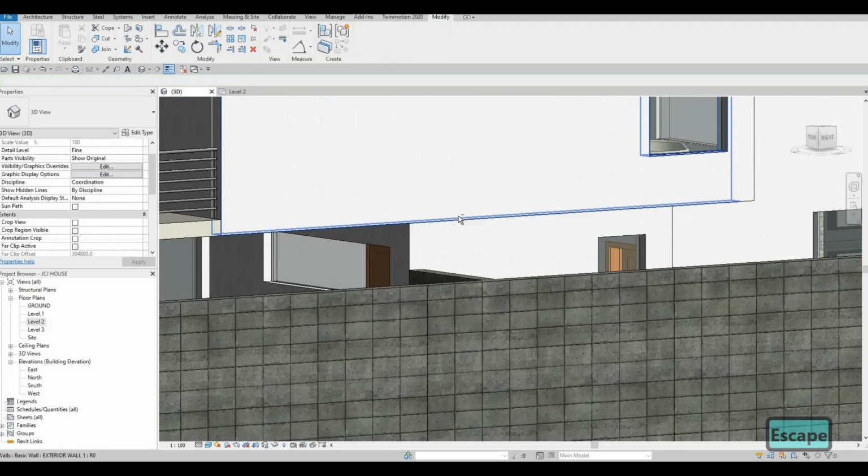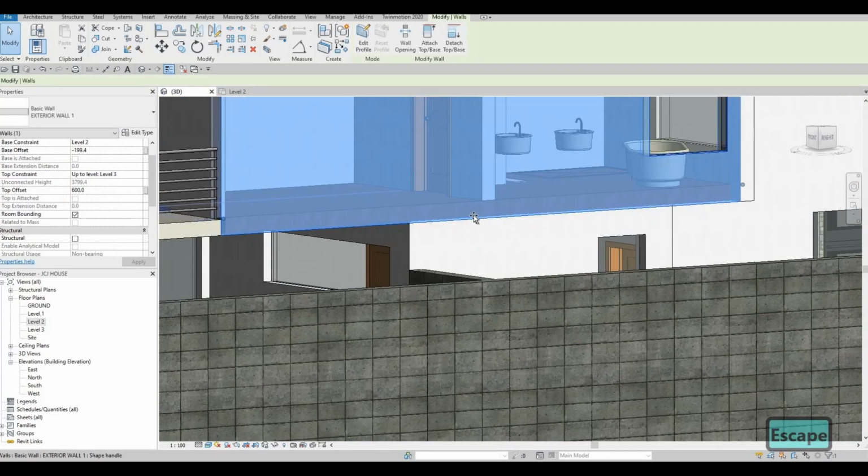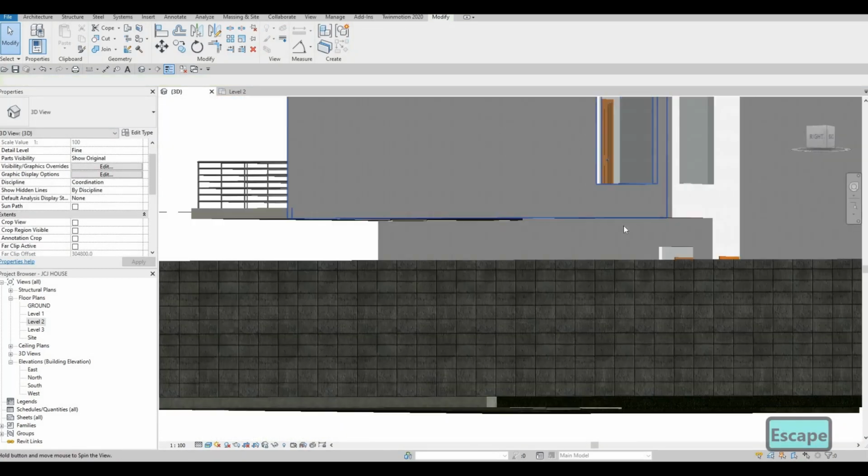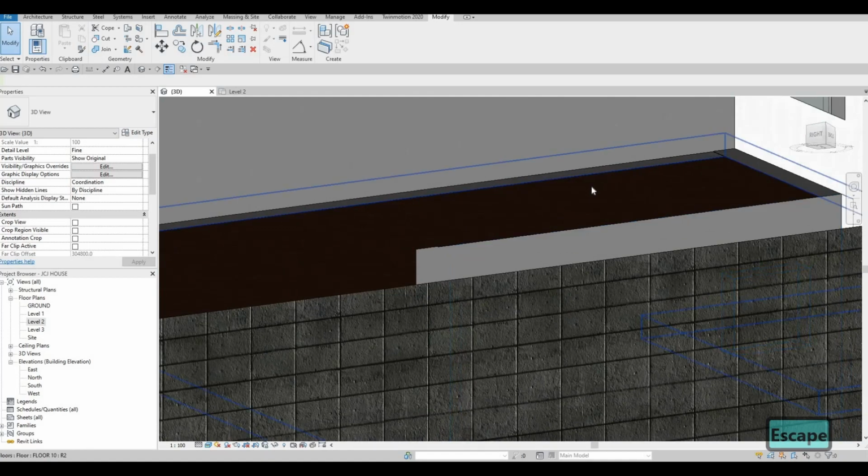So it's just not snapping there, but as you can see, it's fairly there now. Probably we could align it